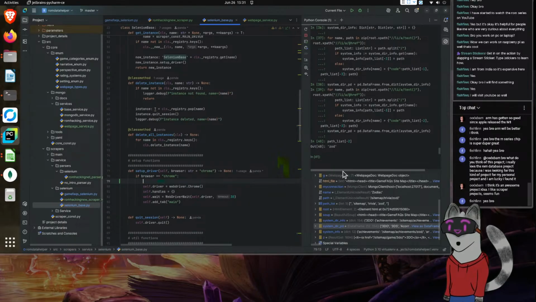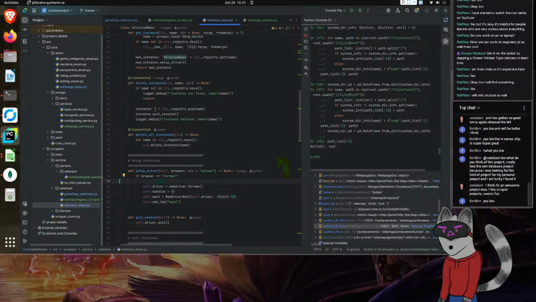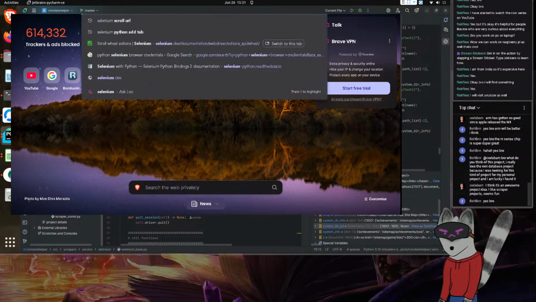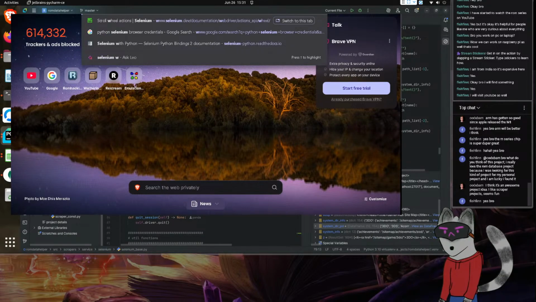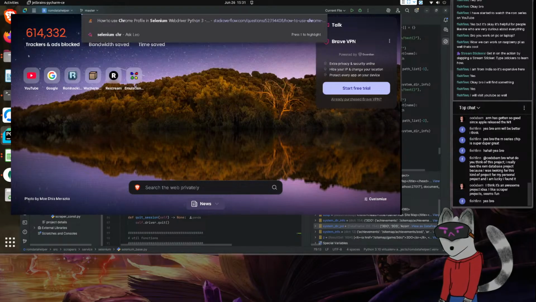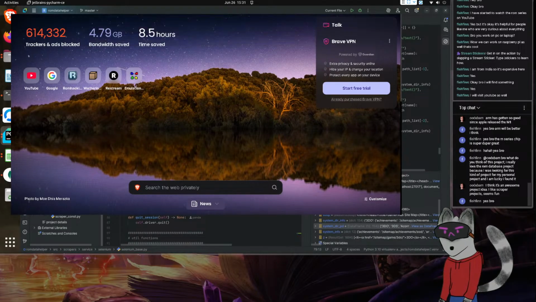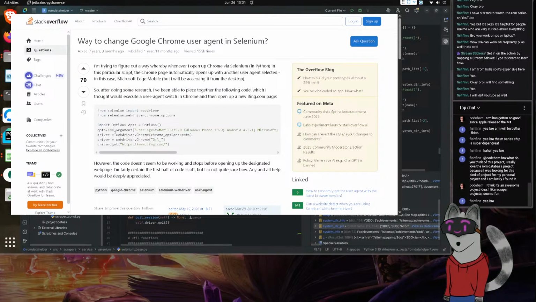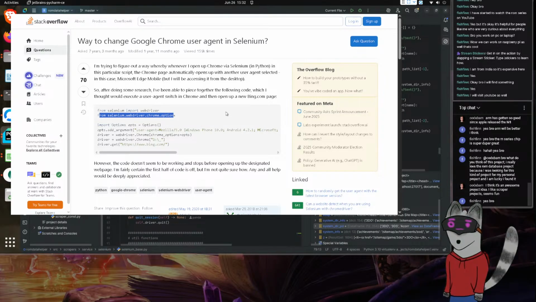Let's go to the Selenium documentation real quick. Selenium Chrome user agent. Okay, here it is, options. So we can import options. But I think Chrome has its own option, so we need to import its options.